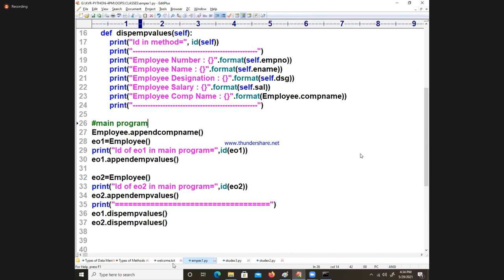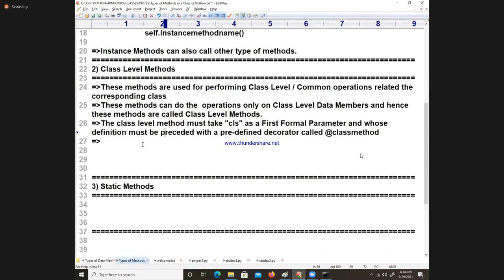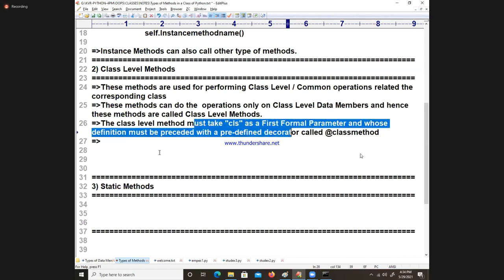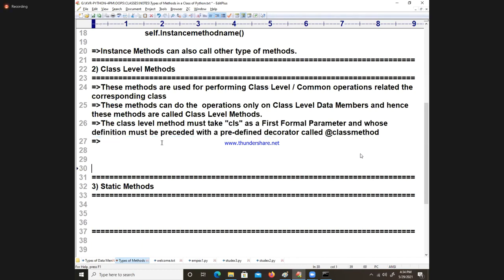Now I am going back to this point. Now tell me, a class level method must take CLS as the first parameter. Now I am writing the last point. A class level method must be accessed with respect to what name?